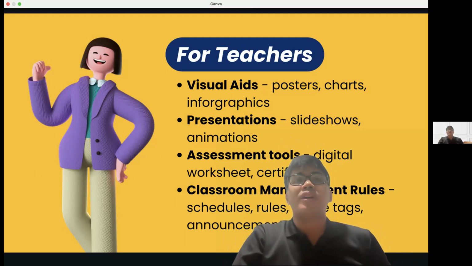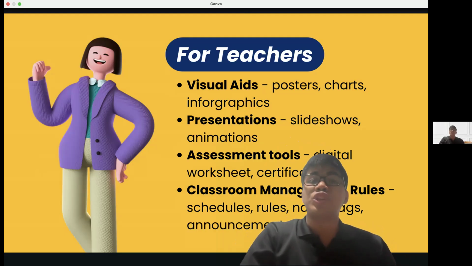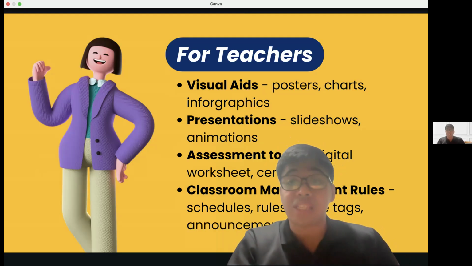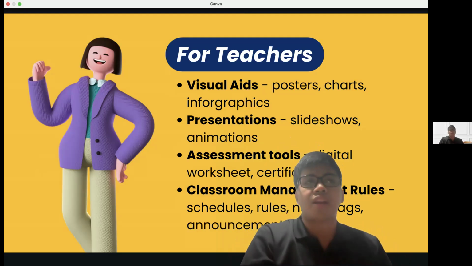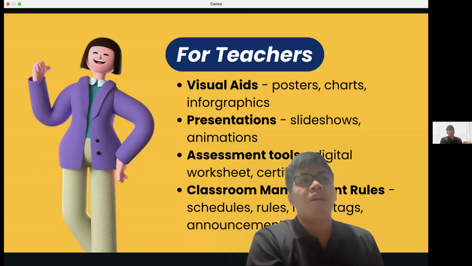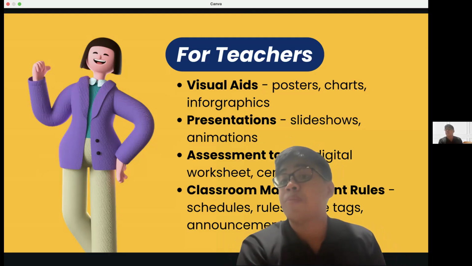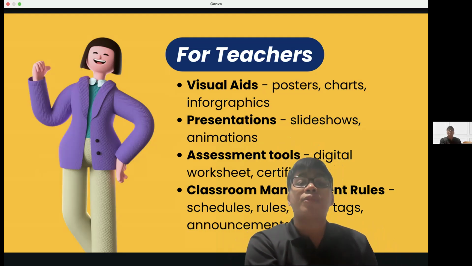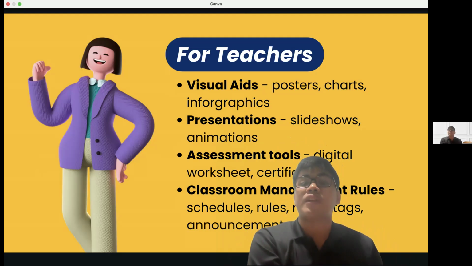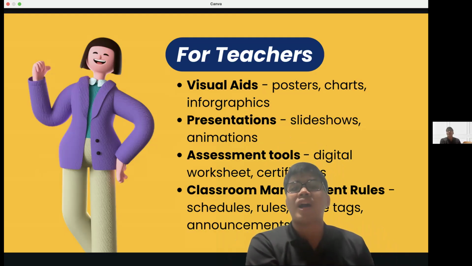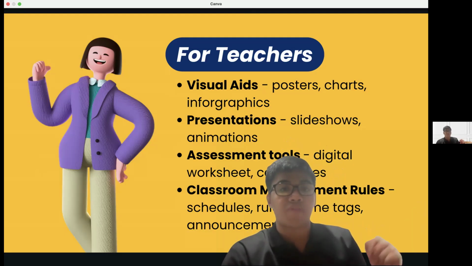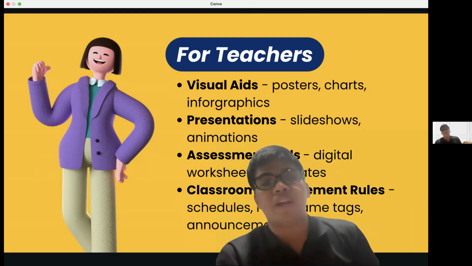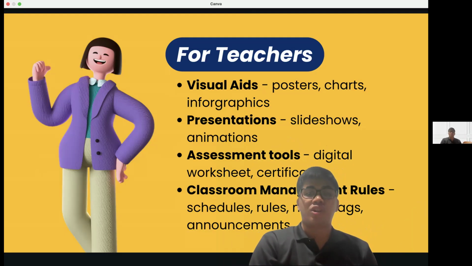Before, teachers were using cartolinas, Manila paper, and printing instructional materials for their lesson. But right now, teachers are using Canva as a visual aid, just like what I am showing right now on my screen, right? Next is presentations.